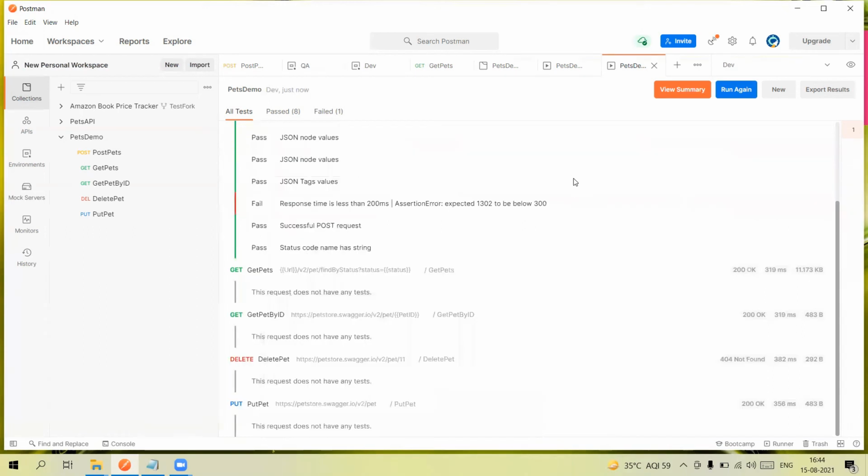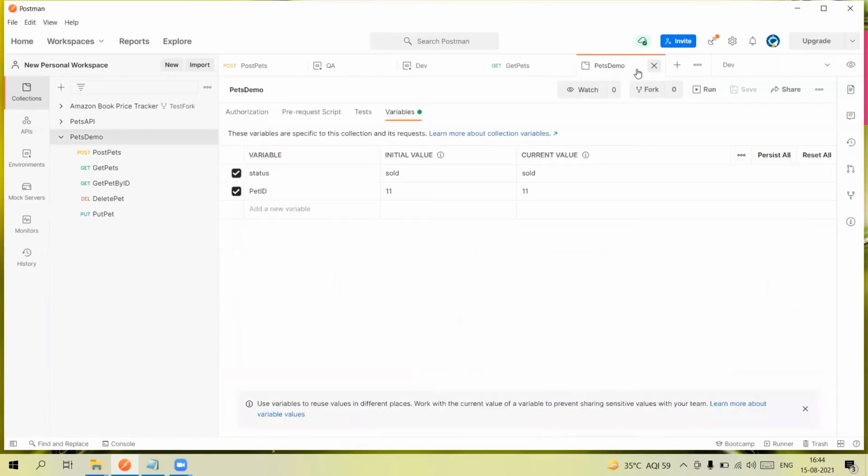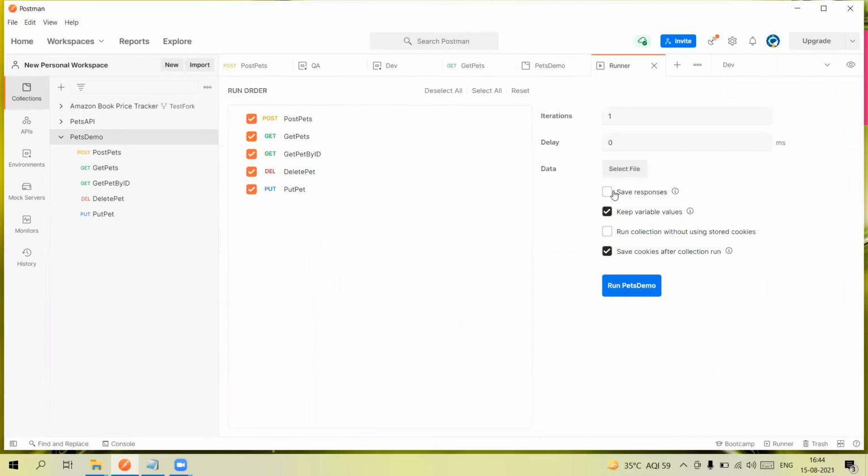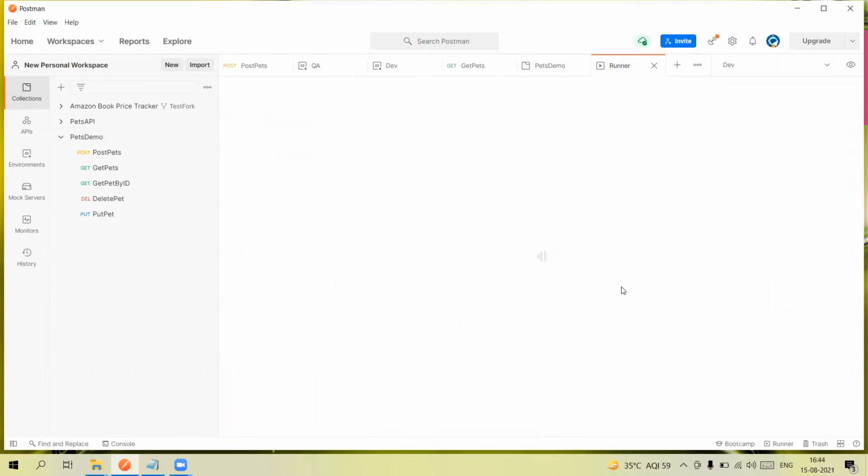In this way we can run. Let me show one more, where we run with multiple iterations. Click on this and you will see the Save response option. If you want, increase the iterations to two. Now all these requests will run two times.